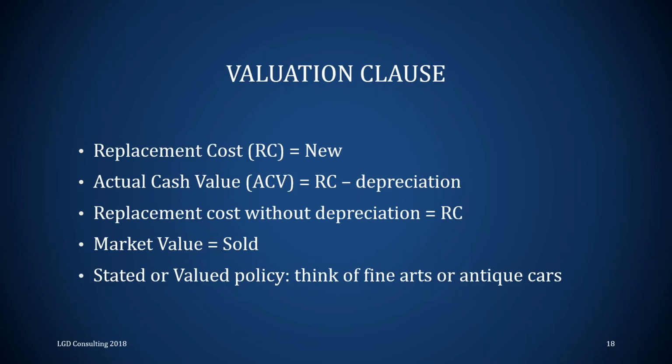An example would be you have a unique painting, and we'll say it's worth $100 grand. One quarter of the painting is destroyed by a fire. It's not a total loss because only a quarter of the painting was destroyed, but we really cannot replace a quarter of a painting. And so we're going to pay actual cash value up to the stated value. So in a partial loss, you may actually get a full payout. That's where that comes into play.